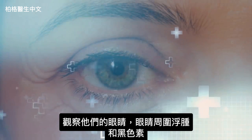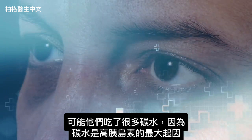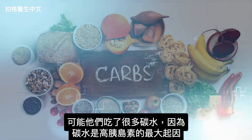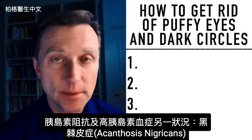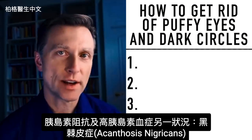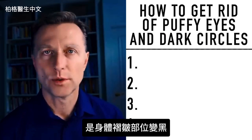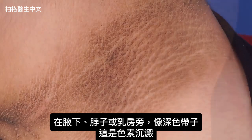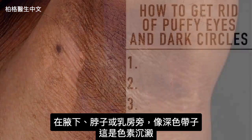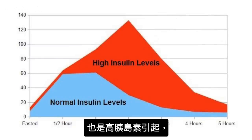You can look at their eyes, and if they have this puffiness around the eyes and this darkened pigment, suspect they've been eating a lot of carbs, because it's the carbs that is the big trigger to this high level of insulin. Now, another condition that you see with insulin resistance as well as hyperinsulinemia is acanthosis nigricans. Now, what does that mean? That's a condition where you have darkened folds on your body, like underneath your armpits, like a darkened band on your neck. You might see it under the armpits or next to the breast tissue. But that condition, which is a hyperpigmentation problem,